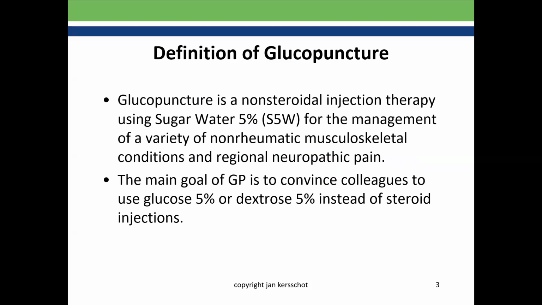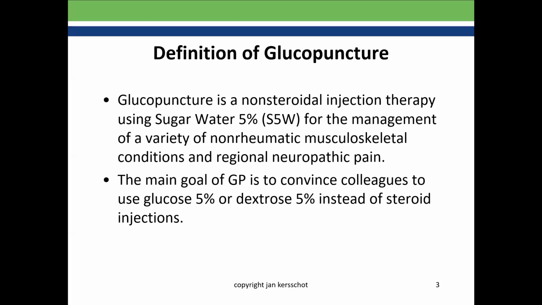Glucopuncture is a non-steroidal injection therapy using sugar water 5%, so it's a very low concentration. This is the isoosmolar, or sometimes also called isotonic solution. And we use it for the management of a variety of musculoskeletal conditions, such as joint pain and even neuropathic pain, and one exception also for Dupuytren's. The main goal of this course and of these slides is to use these sugar water injections instead of